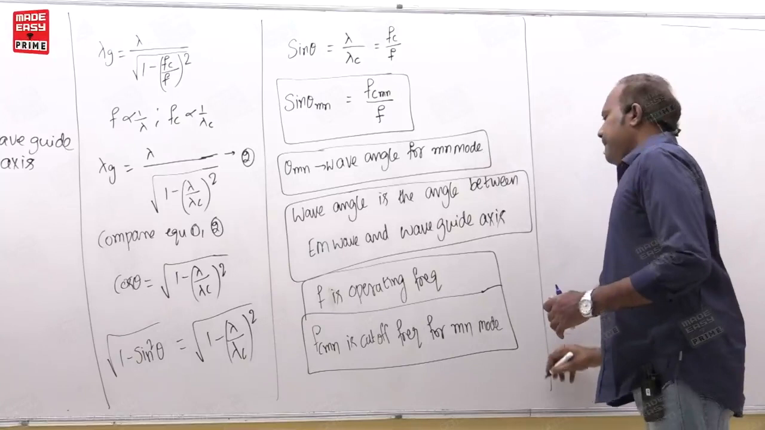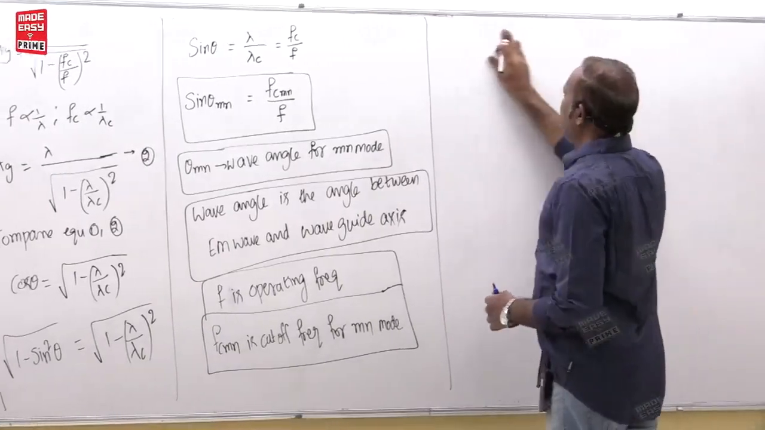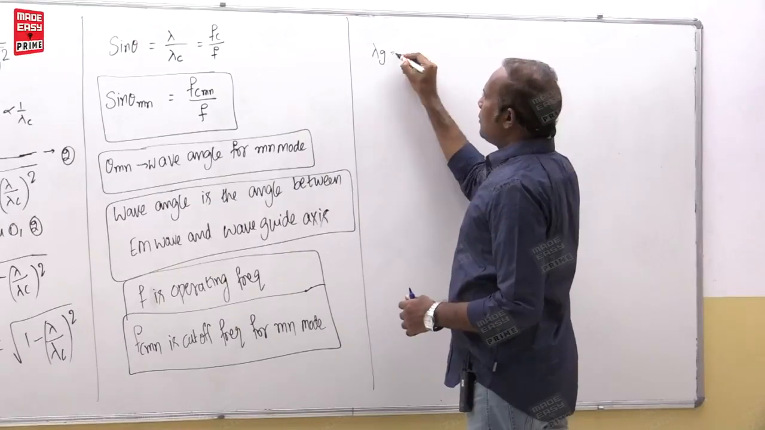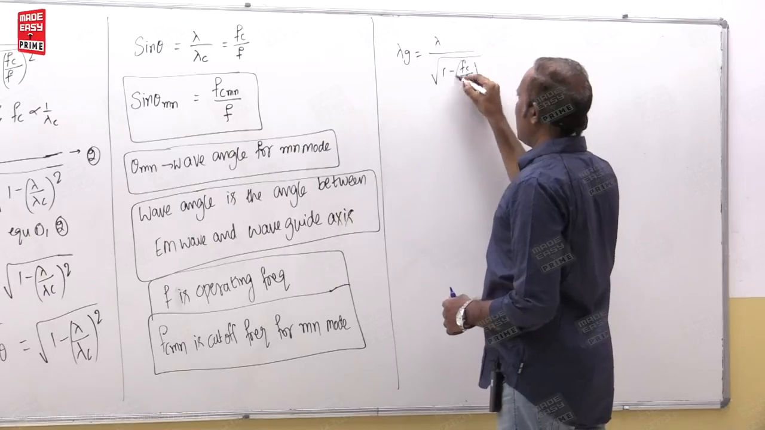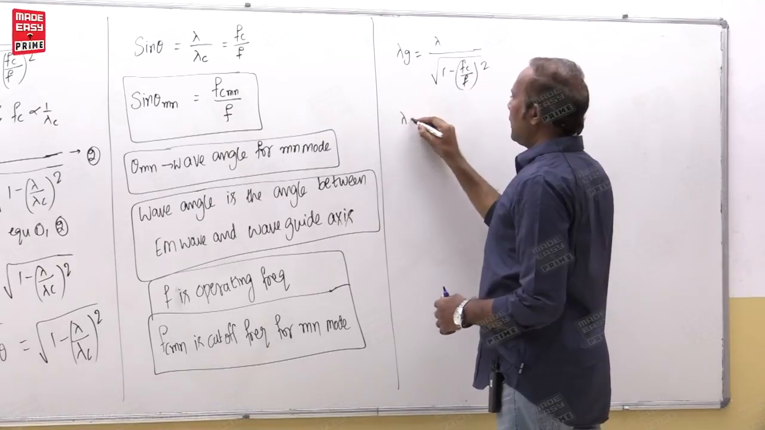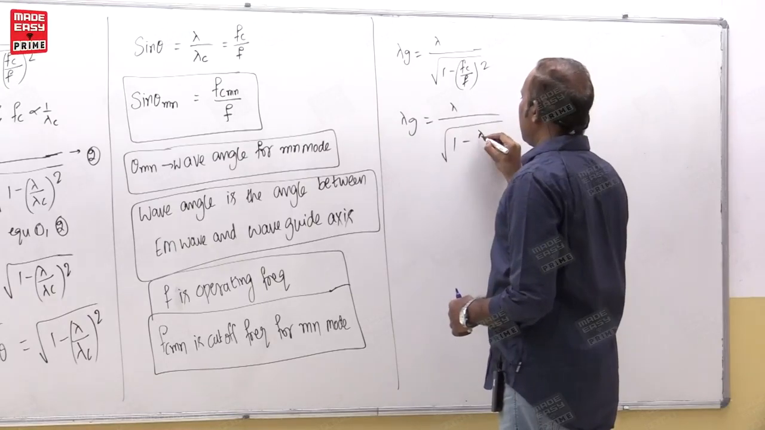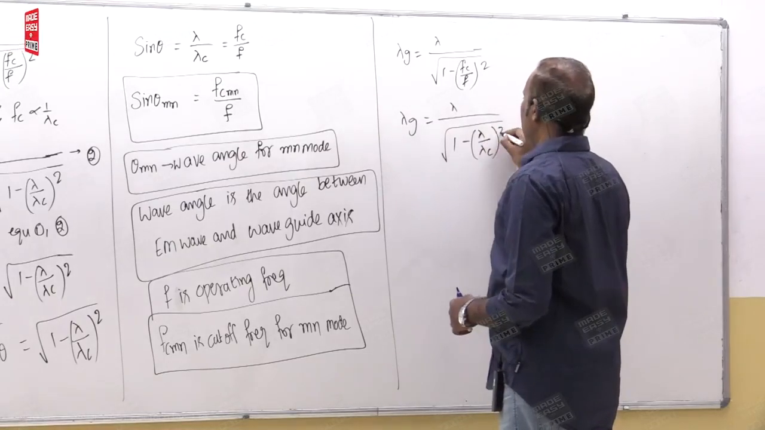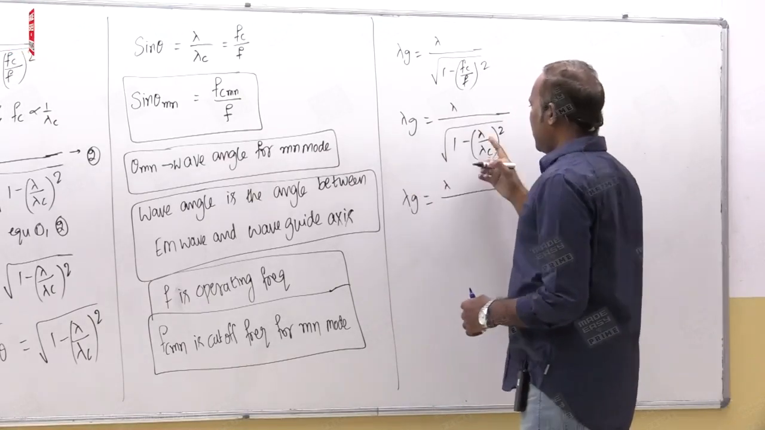Right, dear friends. Next discussion, in the observation: lambda g is equal to lambda by root of 1 minus (fc by f) whole square. And already we have written lambda g is equal to lambda by root of 1 minus (lambda by lambda c) whole square. Now lambda g is equal to lambda divided by, from this